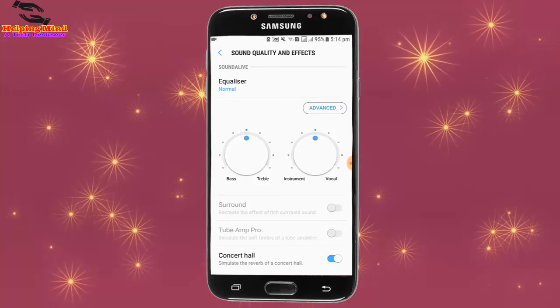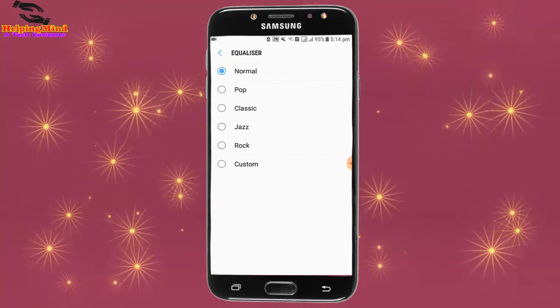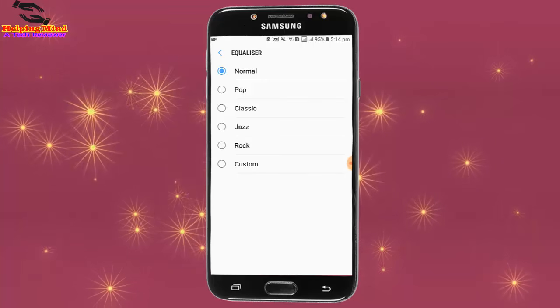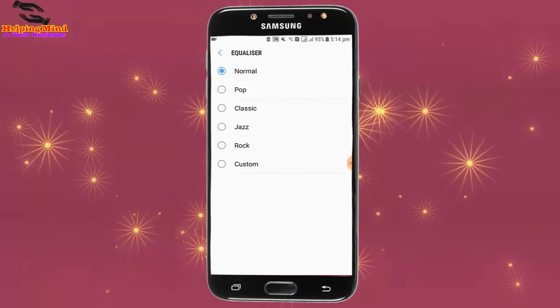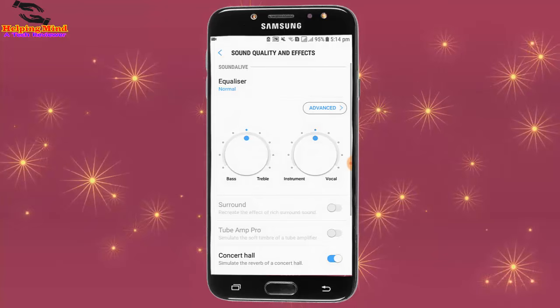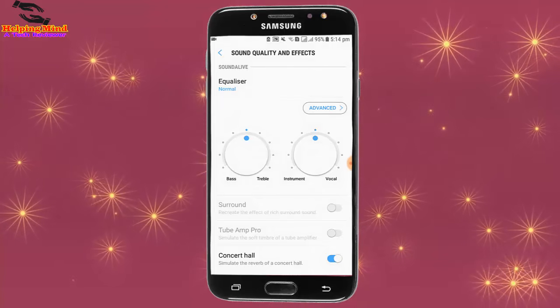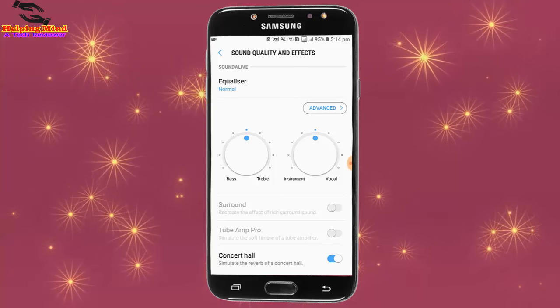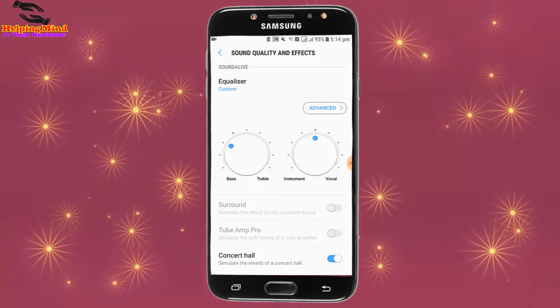Here we can see Equalizer. I tap on it. You can see normal, pop, classic, jazz, rock and custom. Here we can select a mode under Equalizer. Now we can see two circles, bass, treble, instrument and vocal. We can change the value by dragging the blue circle,